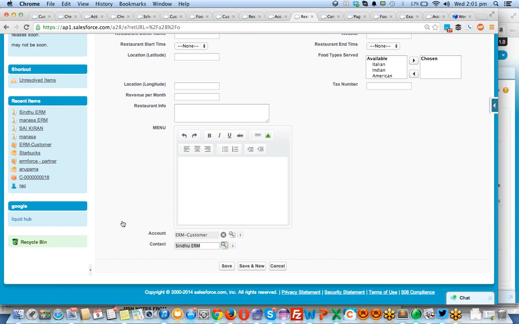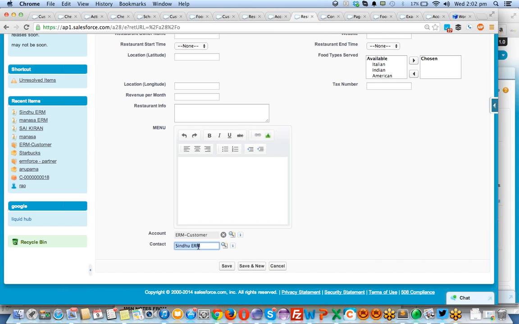You guys got it? Now I can select only this particular contact. Generally, if I am not creating this lookup filter, it will show all the contacts. Again, I have to search for this particular account's contacts and map it. There might be some mistakes. Sometimes, if there is a Manasa in some other company also, I can map that contact also.